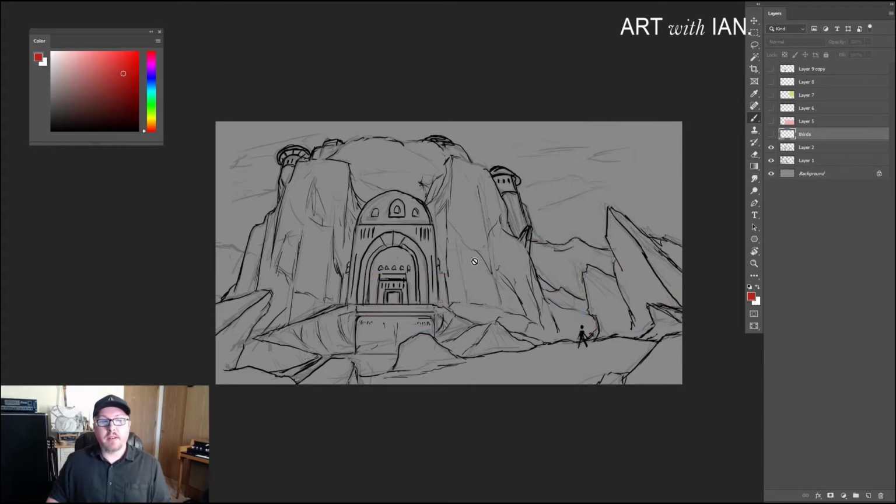So what we want to do now is build a grid that works for this image, because when I sketched, if you recall, I said I'm sketching with the fundamentals in mind and perspective in mind, but I don't want a grid to force my decision-making process. So let's just go ahead and create a new layer,